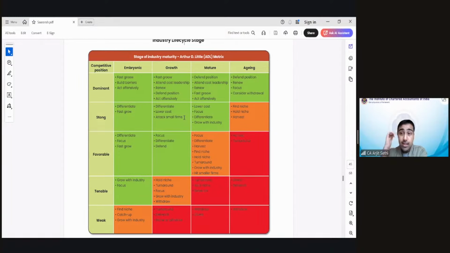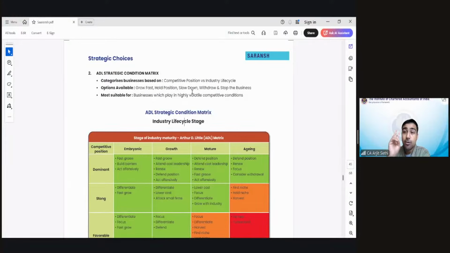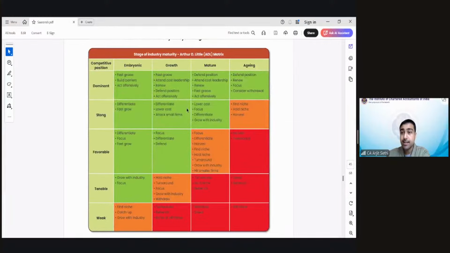Now, look at the industry life cycle of his industry. It's at a growth stage, right? Fast food, quick food, so many students, so many people working, both husband and wife working. People don't have time to make food at home. People want to eat outside. They are very comfortable, and it's price sensitive. A hundred rupees for dinner, what's wrong with that? The industry life cycle is growing. The ADL matrix looks at a business from two parameters: industry life cycle and competitive position. Now, from the matrix, the industry life cycle is growth, very good growth in this business.